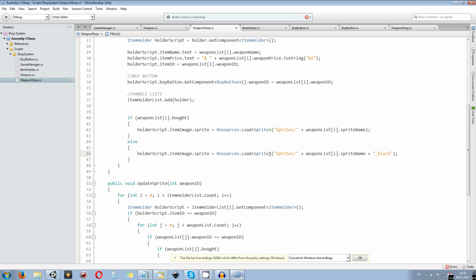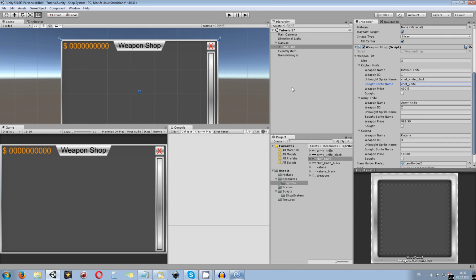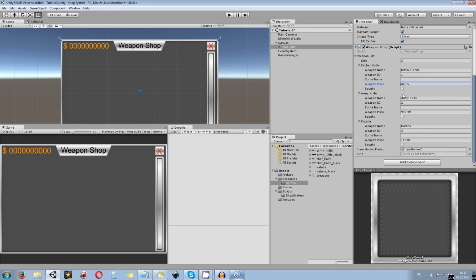So what we now do is we're gonna go into the folder, load the sprite name, which we need to fill out at least, and then we add _black to the onboard sprite one. Let's check this one out right now. We're gonna wait until this has been loaded and updated because it needs to recompile all the things. Okay, there we go. So here we have the sprite name,